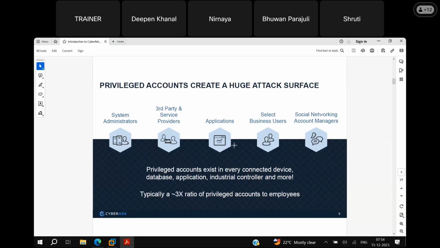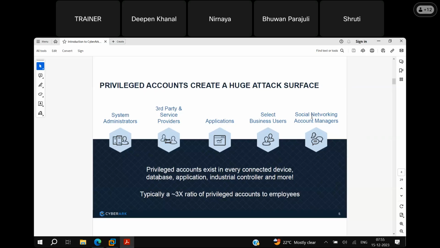For example, in business sectors, can someone give me examples? I can say the HR industry, banking, or insurance. In order to access their business units, they need privileged accounts.